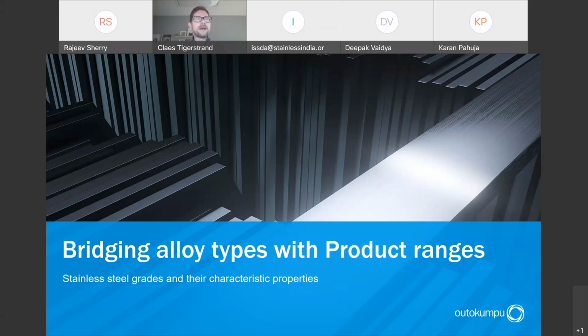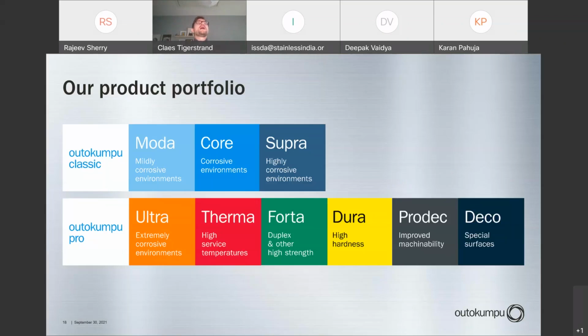So now I will try to link so you can better understand how you can select the best type of stainless steel for a certain type of properties. If you were in our first session of this training last time, I think Deepak introduced our product